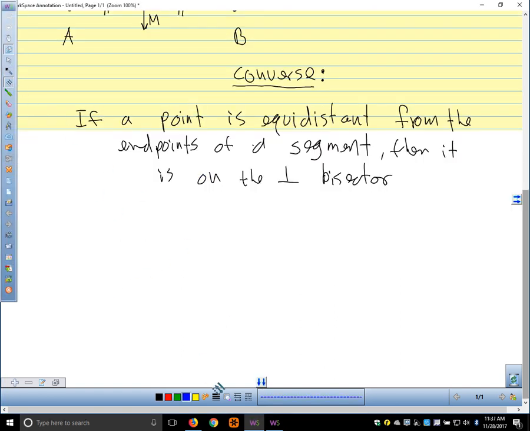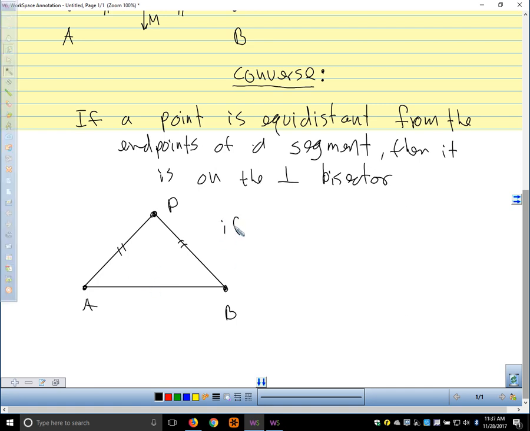So what we're saying here is if we have a segment AB, and we have a point P up here, and we know that the distances from A to P and B to P are congruent, so if AP is congruent to PB, then if we draw this segment down the middle, like so,